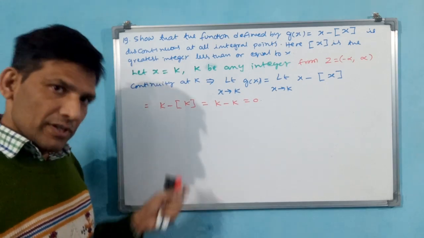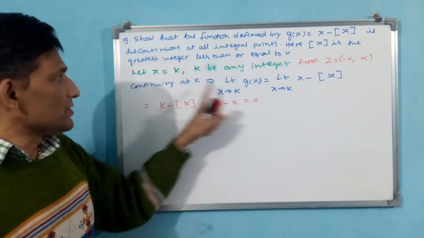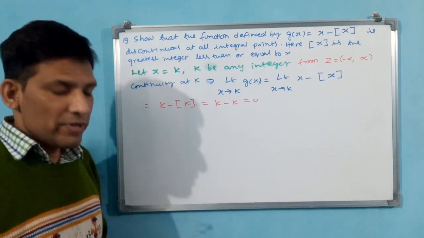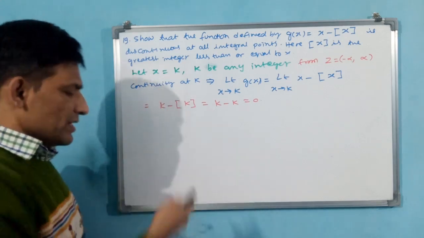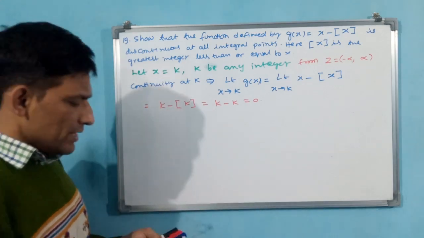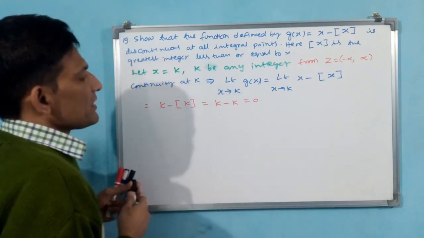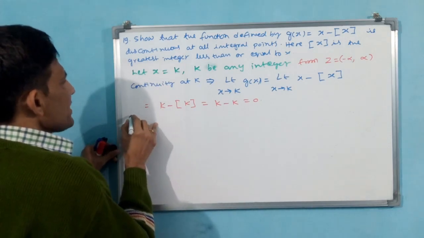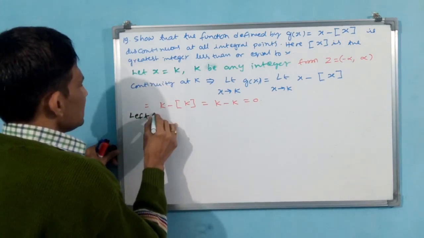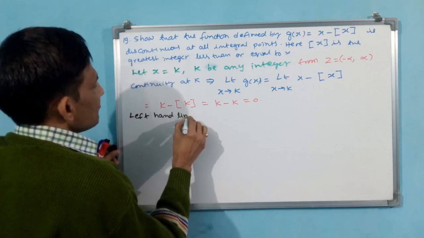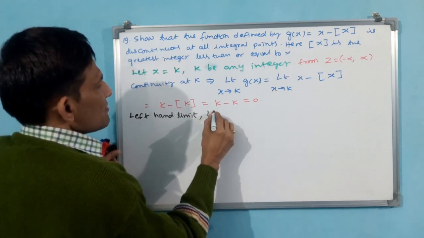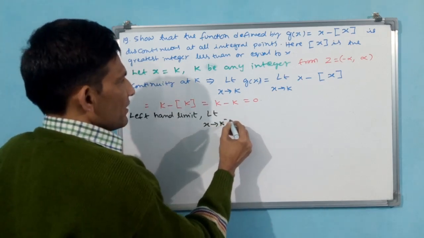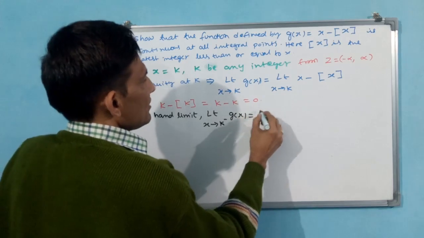See, now what will happen? This is the limit at k. But left hand limit and right hand limit we also have to take. Continuity we are checking, so we have to take left hand and right hand limit also. Let us take the left hand limit. Right hand limit is the same that will come. Left hand limit: limit x tends to k minus. Left hand means k minus we have to take. Limit x tends to k minus of g of x